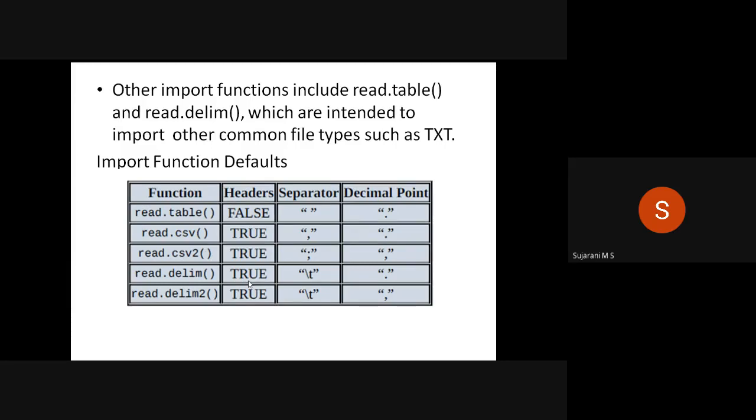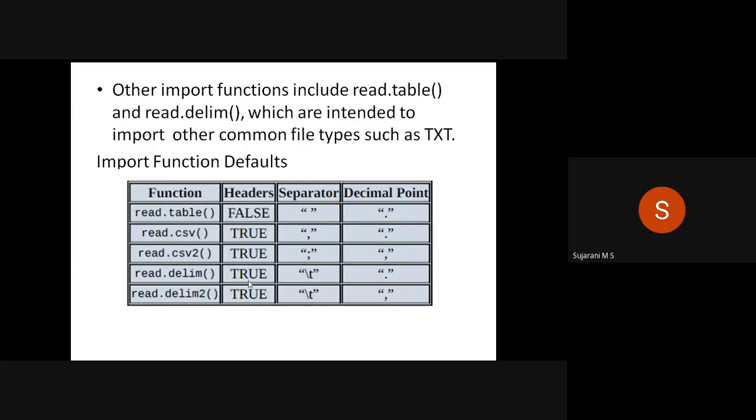The read.delim function. In the read.delim function, by default the header value will be true and each column is separated by a tab operator. Slash t is the tab. In the case of a numerical value, the decimal point will be indicated as a period operator or a dot operator.